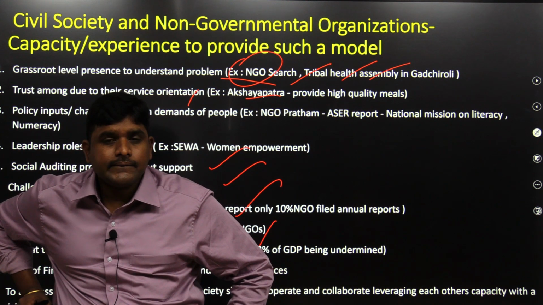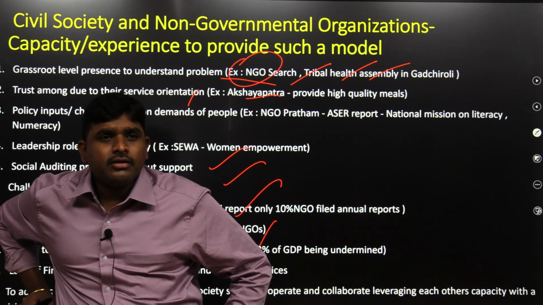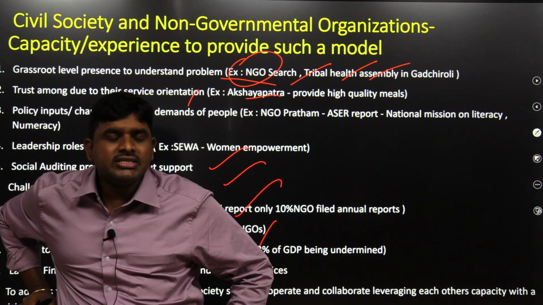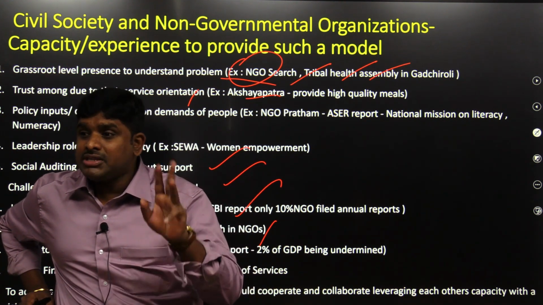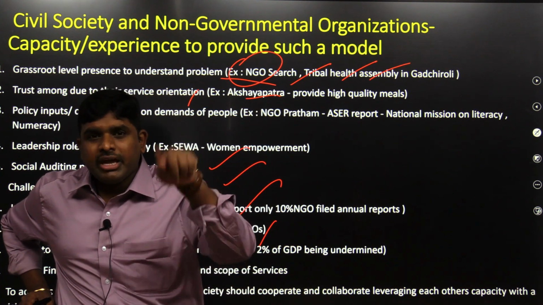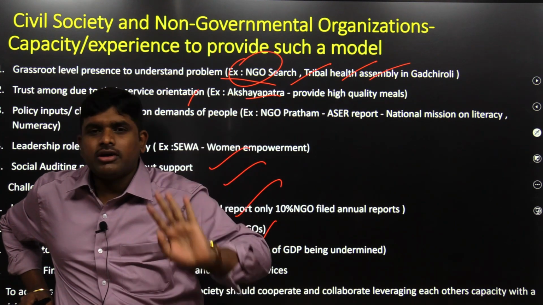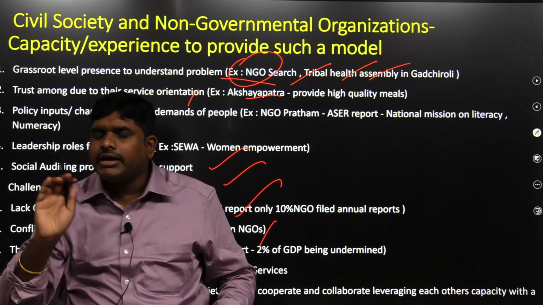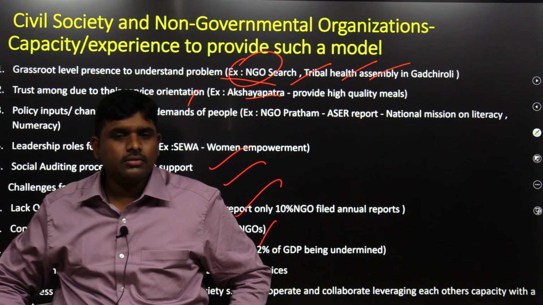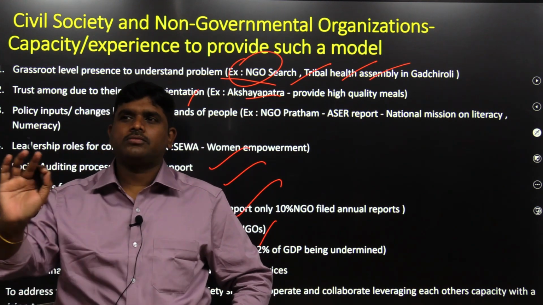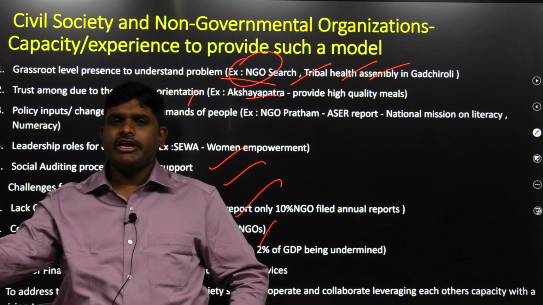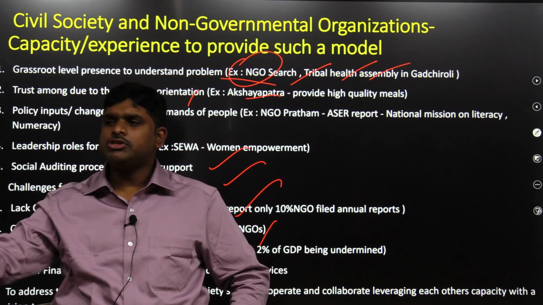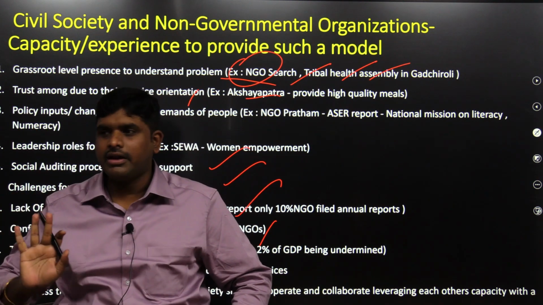GS2 is scoring because of lack of proper understanding in the first attempt and second attempt. They will not put that much energy on GS2. The seniors will. Third attempt mains goers, fourth time mains goers, they will put energy, they will write all the side headings. You have to remember the side headings. NGOs means this, examples of NGOs, these are the advantages of NGOs, these are the negatives of NGOs, any case study. Finish, done.